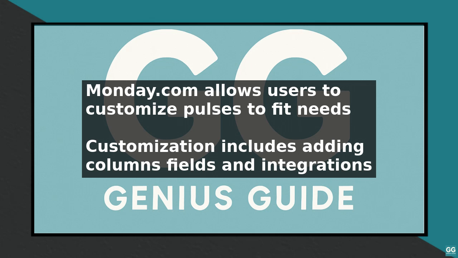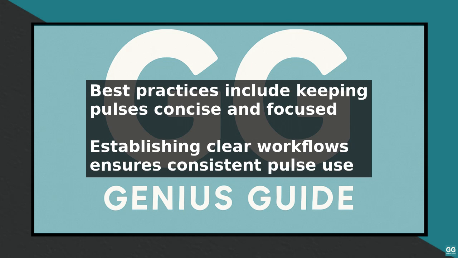Best practices for using Pulses include keeping Pulses concise and focused on a single unit of work, using clear and descriptive names and tags, and regularly updating and reviewing Pulses to ensure they remain relevant and accurate. It is also essential to establish clear workflows and automation rules to ensure that Pulses are used consistently and efficiently